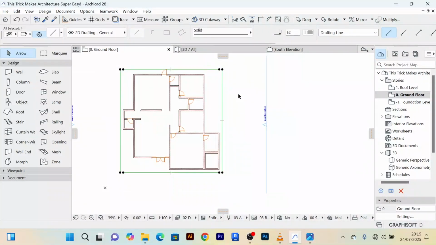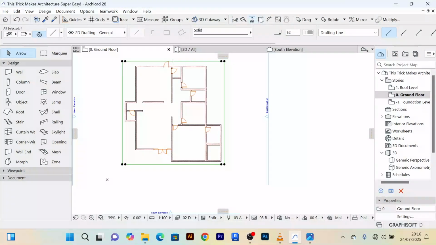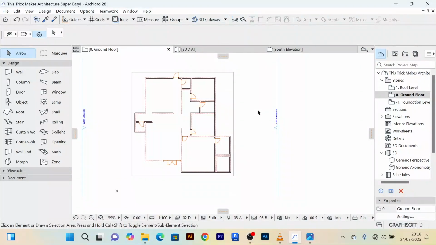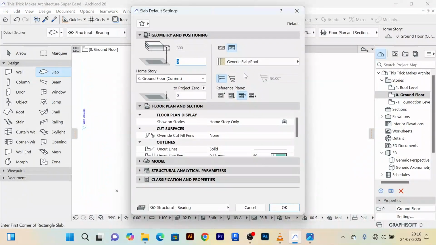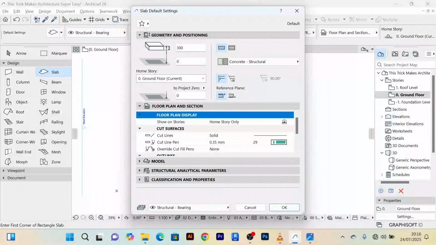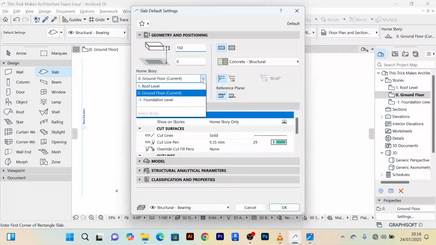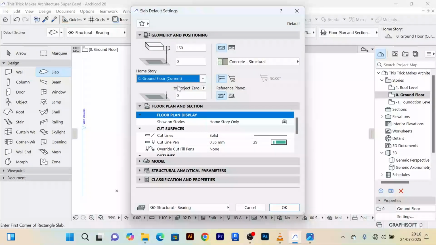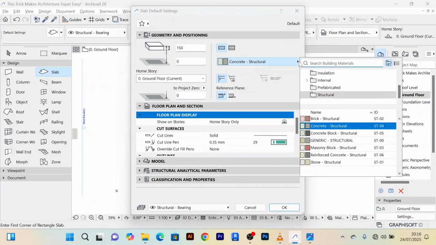So I'm holding on shift as I select all of them. Then I'll come to my intersect to connect all of them together. Now we can come to our slab tool, which is still under designs. So when I double click, it will be able to show me this, and then I'll select this structure. And the thickness of this slab, I'm going to use 150 millimeters. And the floor is of course the current floor, which is the ground floor. And the concrete structure is this. We're using the